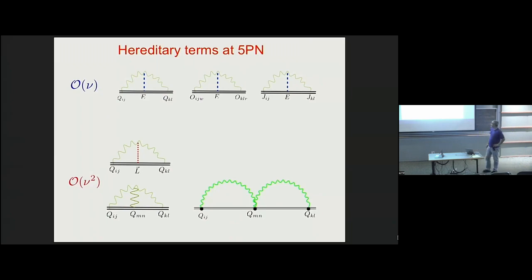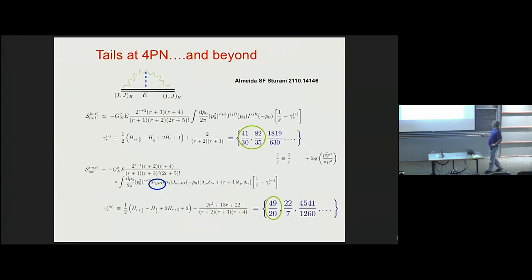So let's start first quickly with these diagrams, which are the tails. I call tail every diagram which has a conserved multipole in it. And actually, we have computed much more than this. We are able to compute this kind of diagram for every kind of multipole. And this is the result. So this notation R is a collective index, how many indices you want. So mass octupole, hexadecapole, etc. We have the answer for everything, for every multipole here.